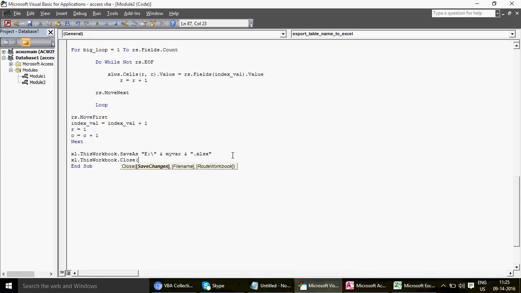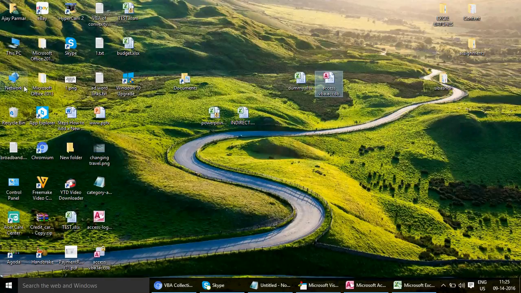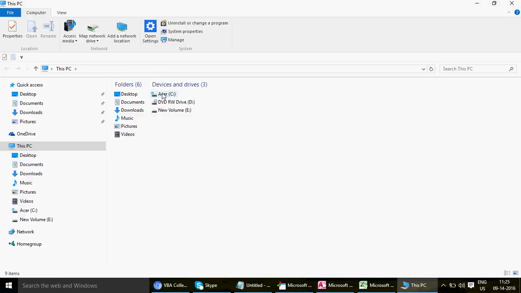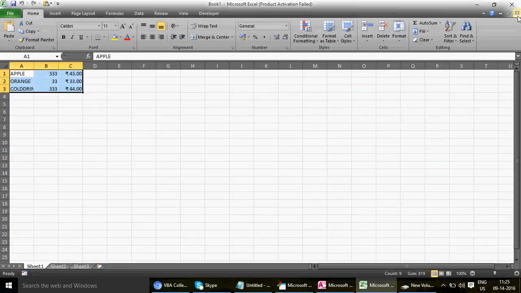You can close it without saving the changes, or with save. Obviously you want to save the changes, so write here true, and there we go. Okay, so let's just have a look again. I'm going to open this workbook. So this is my E drive, and let me double click here, and you see that I don't have anything here. So let's just close this file,